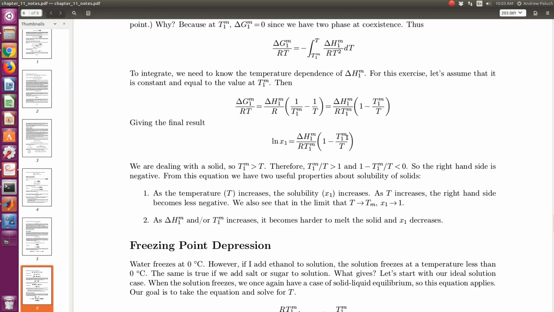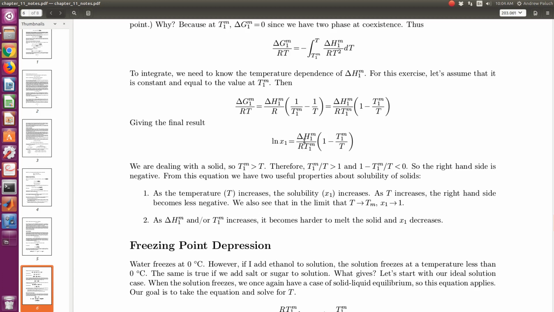Okay. So then overall, since enthalpy of fusion and T1M are going to be constant and positive, that would mean that my right-hand side is going to increase. So that means then x1 is going to increase, right? And remember, this is an exponential relationship. So as temperature increases, solubility is going to increase. Okay, cool. As enthalpy of fusion or T1M increases,